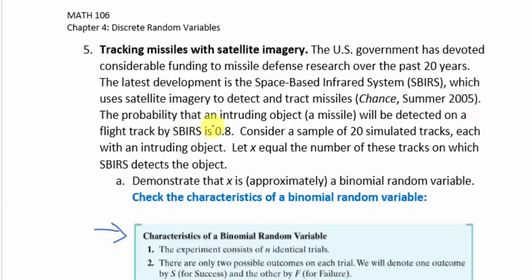The probability that an intruding object, such as a missile, will be detected on a flight track by SBIRS is 0.8. Consider a sample of 20 simulated tracks, each with an intruding object. Let X equal the number of these tracks on which SBIRS detects the object. So in order to determine that X is approximately a binomial random variable, we're going to check the characteristics of